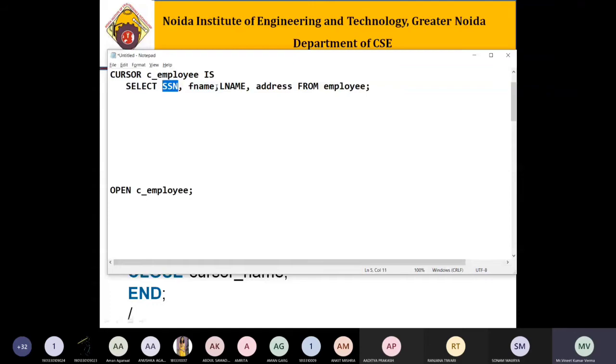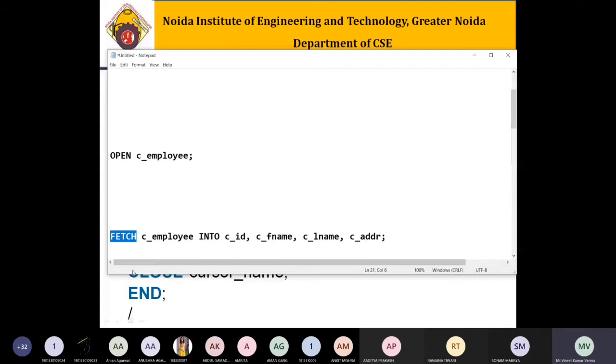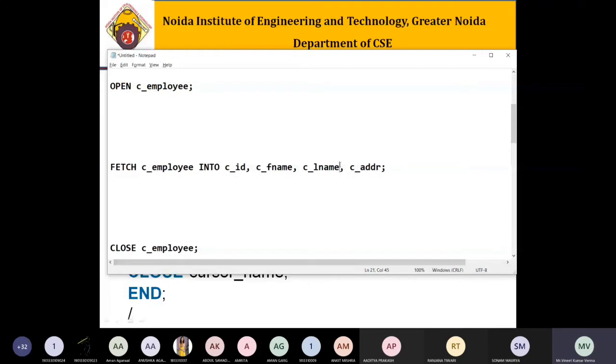So we have to use the FETCH syntax. The FETCH syntax basically fetches the information that is pointed to by this cursor, that is employee cursor, into the first variable C_ID, then the cursor's first name, last name, and address. So all this information is stored into these variables. And once you get all the information, displayed it or done whatever operation you want, after that you must close it, to release the memory which is occupied by this cursor, right?